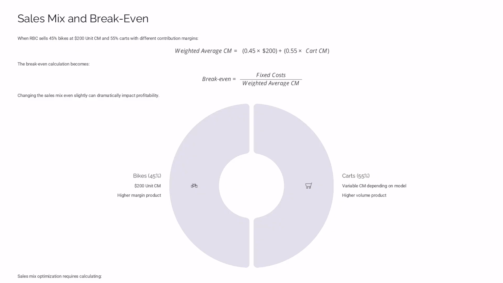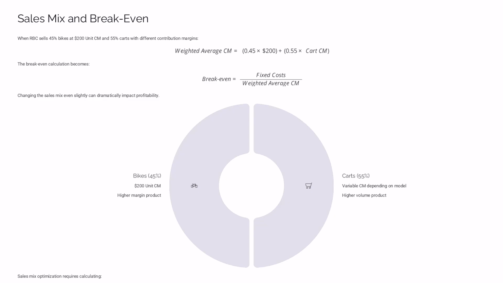Sales mix and break even, the portfolio optimization challenge. Sales mix is the hidden variable that can make or break your business, and understanding how different product combinations affect profitability. When RBC sells 45% bikes at $200 unit CM and 55% carts at different contribution margins, the weighted average